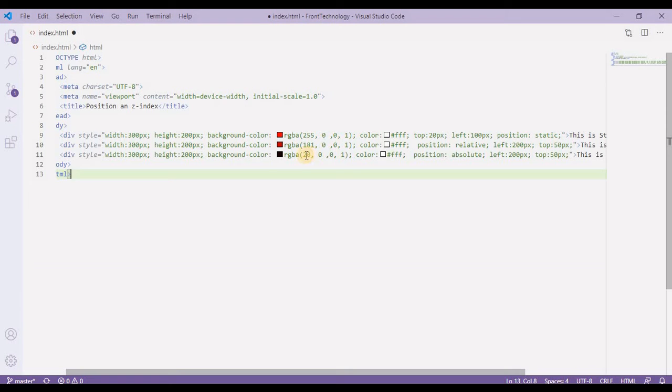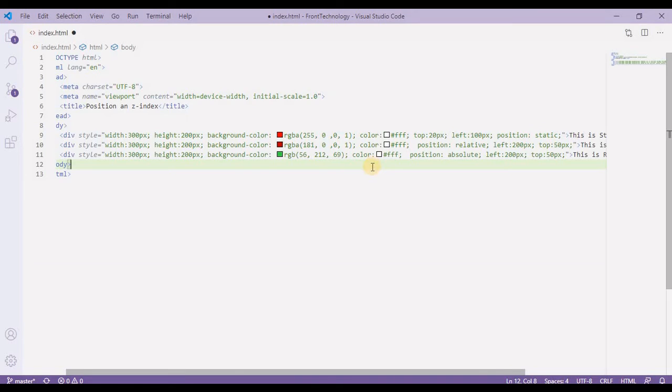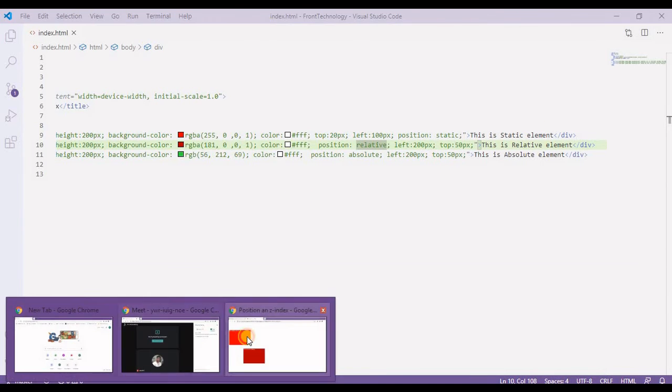Okay, it's becoming black, so let it be some different. Alright, now this is absolute element. Now we already have a top value and left value. Now let's go back to our browser and check how this is behaving.